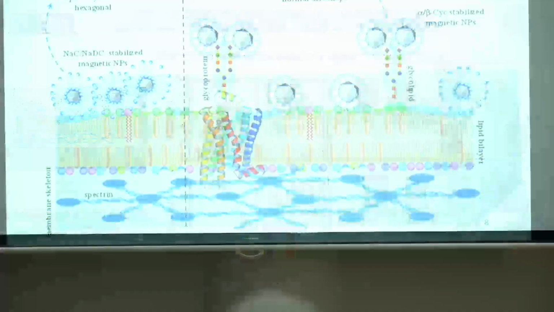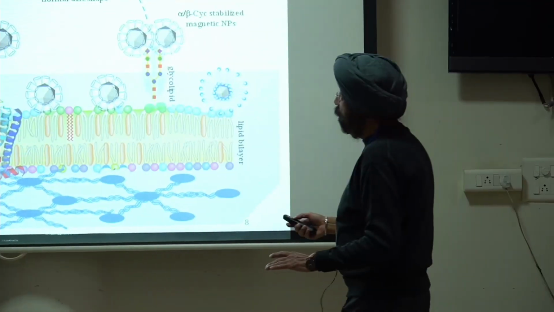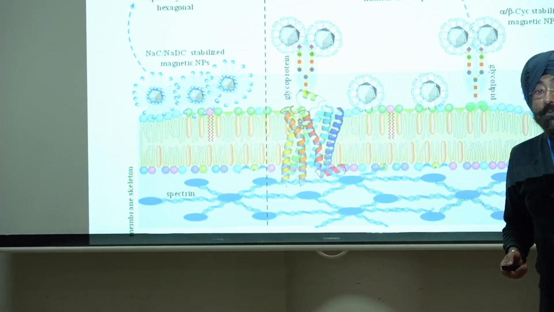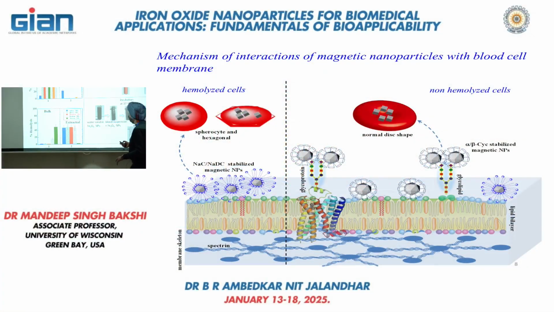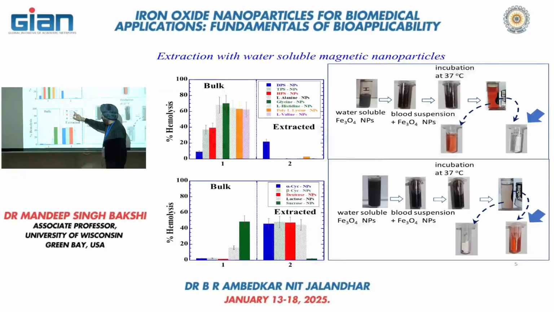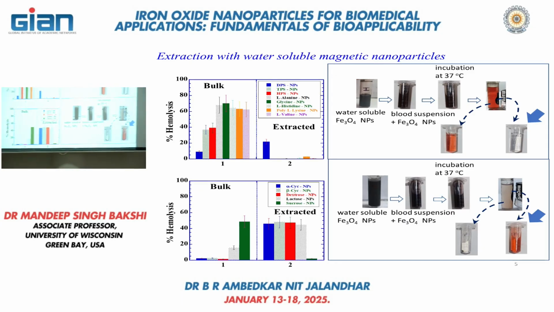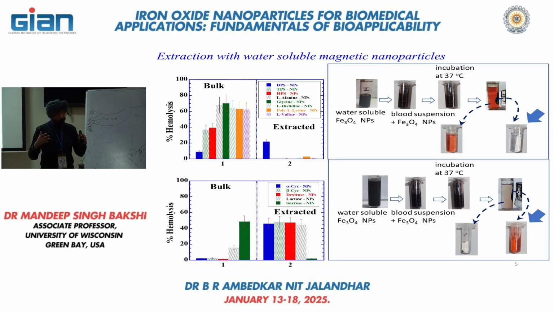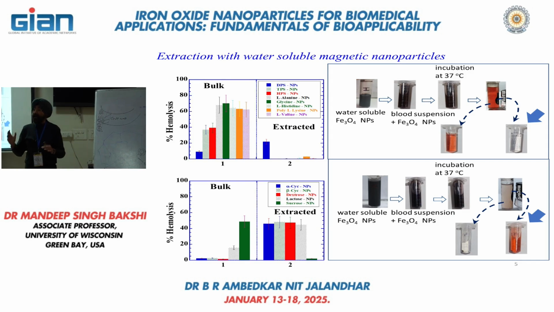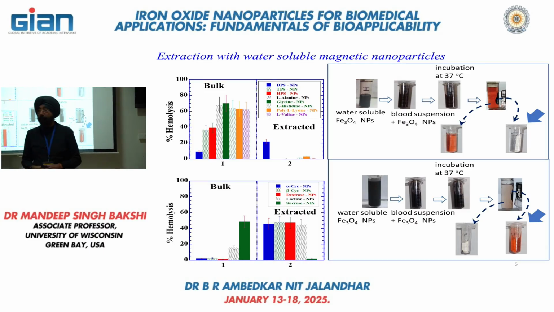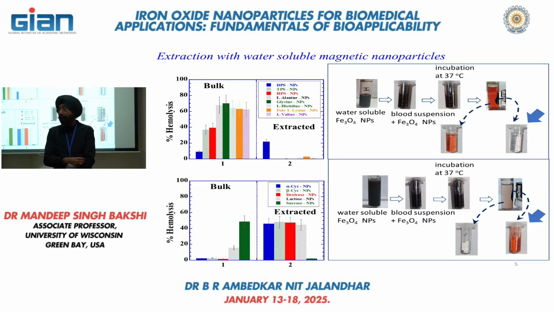The mechanism is suggesting to us, when you take the magnetic nanoparticle stabilized with sugar derivatives, means which one? Cyclodextrin, alpha, beta, dextrose, lactose, may not be, sucrose is not good. So if you're going to stabilize with these sugar derivatives, then they are very good carriers of blood cell. They are very good protectors of blood cell. They are not going to break the blood cell, and then you can use them for extracting the blood cell, leaving behind the serum,